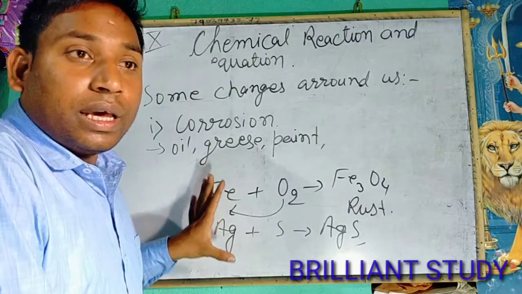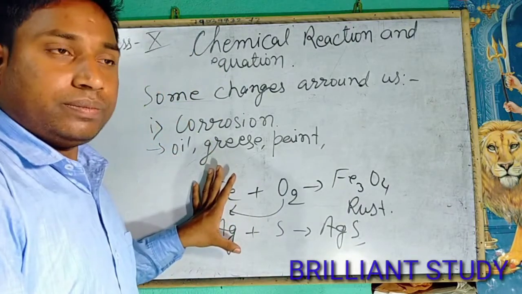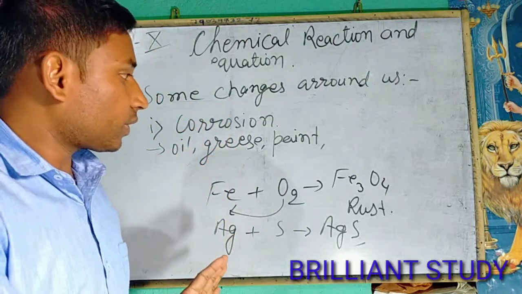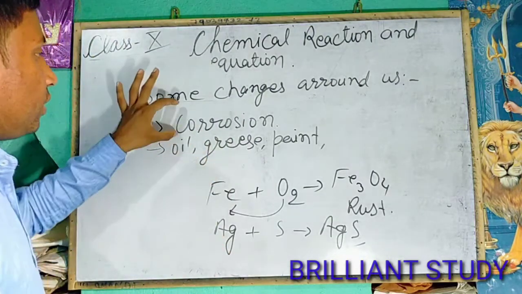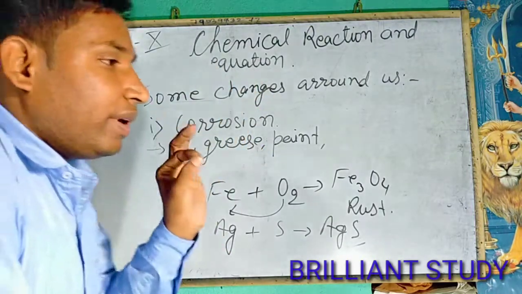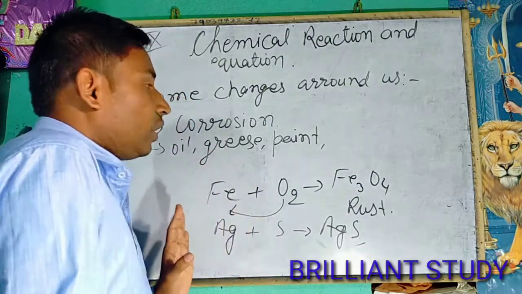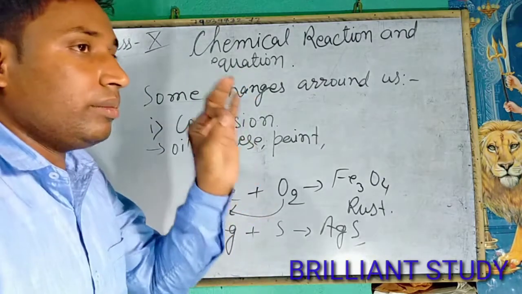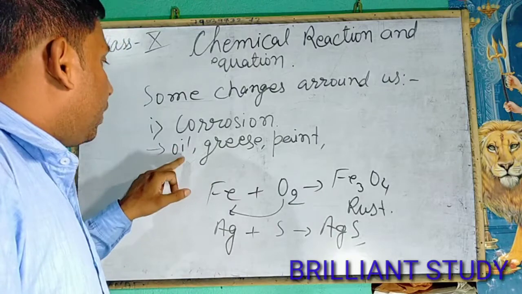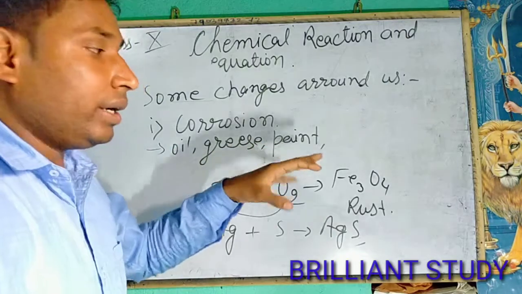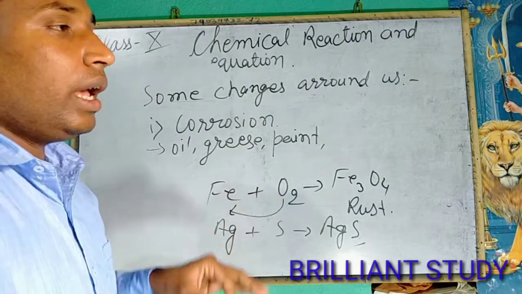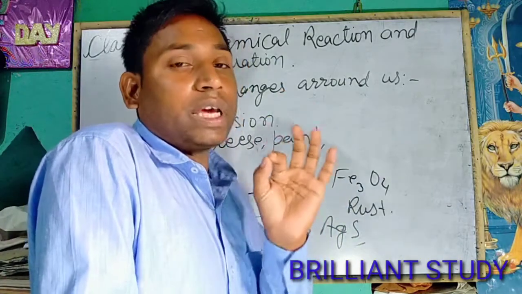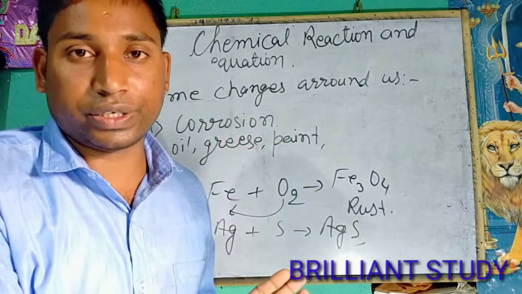In this oxidation, there is some harm for us, and this process is known as corrosion. So it is very necessary to protect from this harm. Then we will discuss how corrosion can be stopped or prevented for some time. If we apply oil or grease, or paint the iron piece, then to some extent we can prevent corrosion.